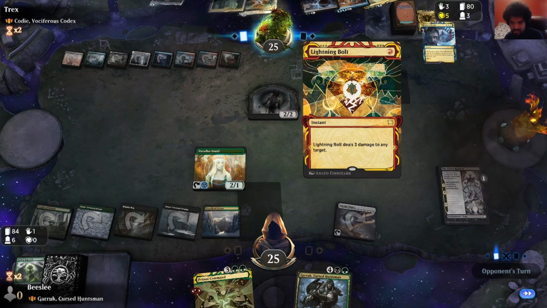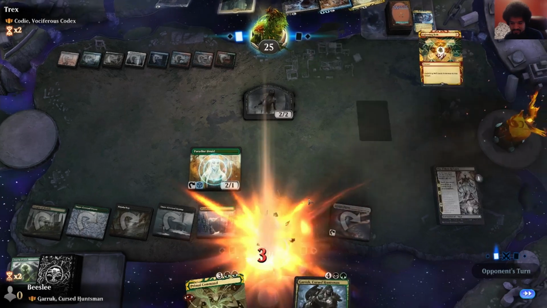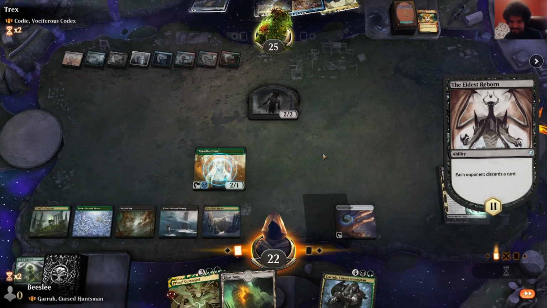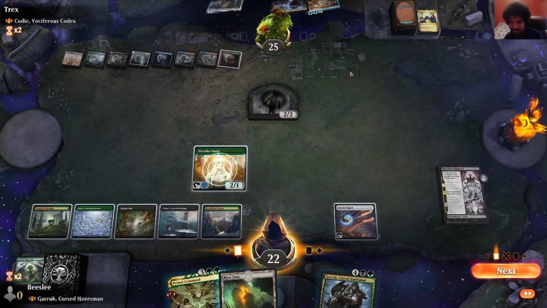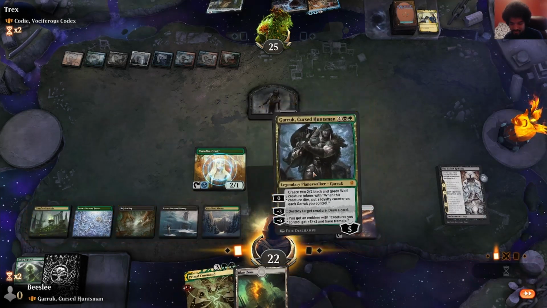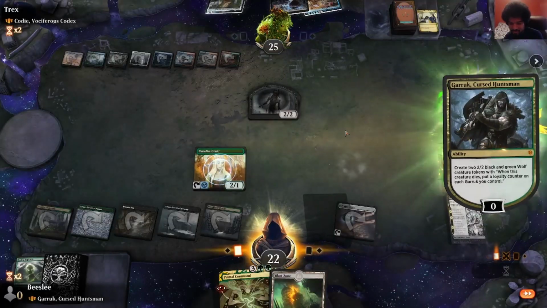Okay. They got a Lightning Bolt and a Triome. Okay, that's funny. Discard probably Putrefy. Yeah, that makes sense. Here I'll force them to deal with this turn cycle. I'm definitely going to make wolves because the next turn